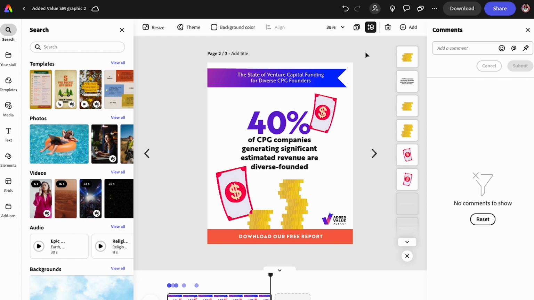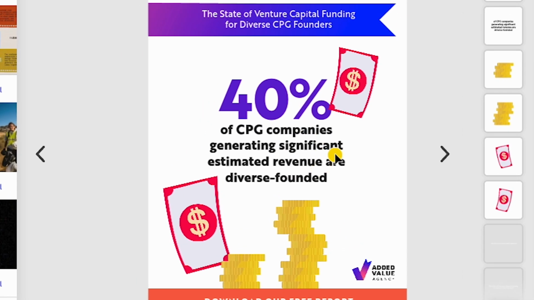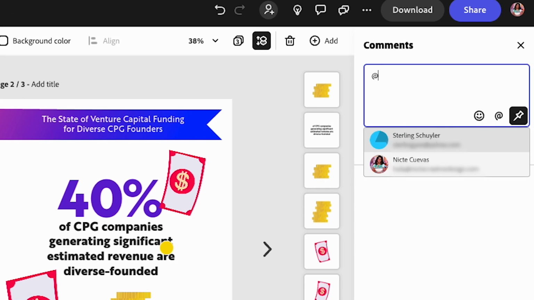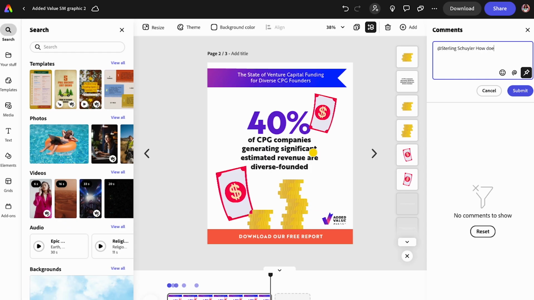So one of the things that I love so much about the new Adobe Express is the capability to collaborate. So I can go and place a specific area here, and let's say I just want to ask the client, does this statistic look really good for you? I really wanted to keep it engaging. So I can comment her and invite her to give me some feedback and say, how does this new statistic work for our animations? And then I can click on submit,